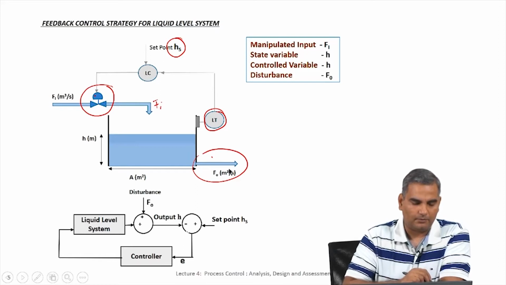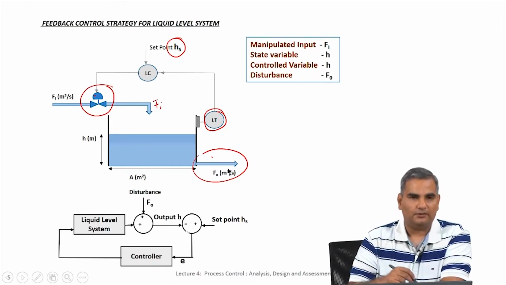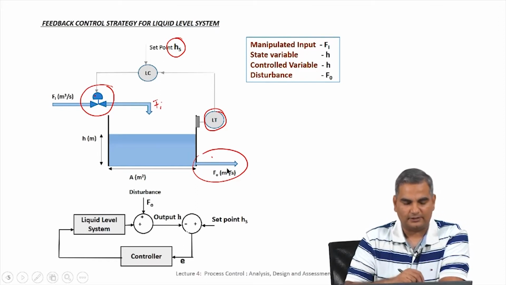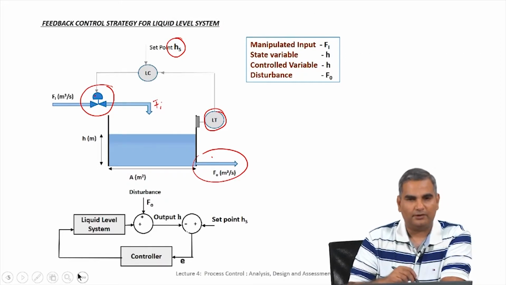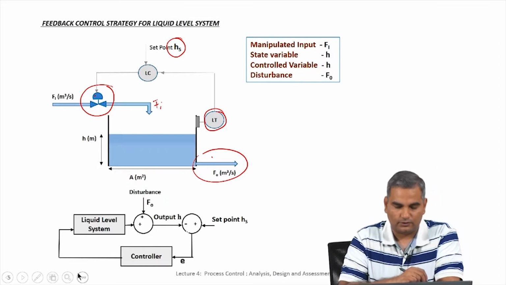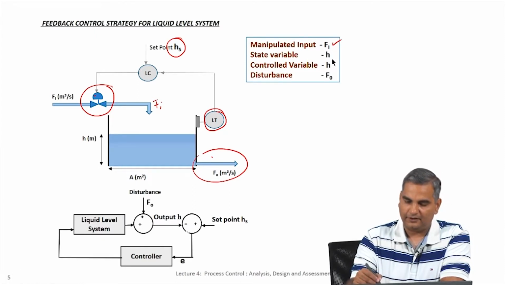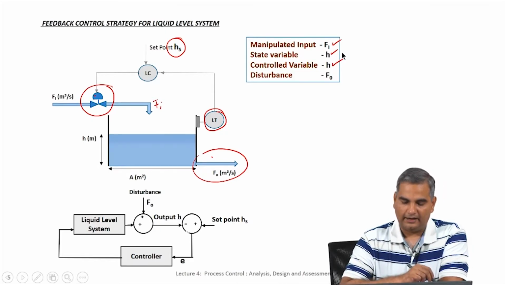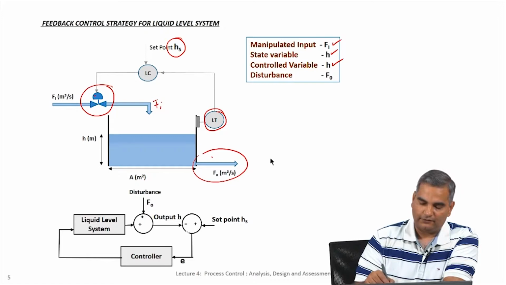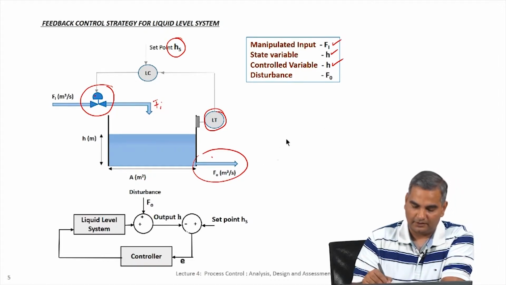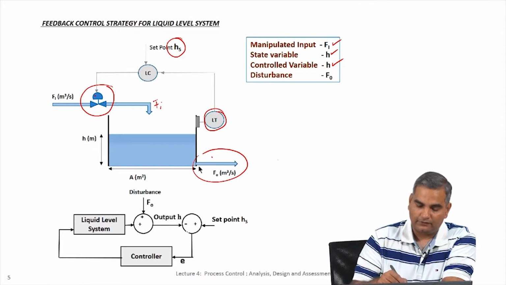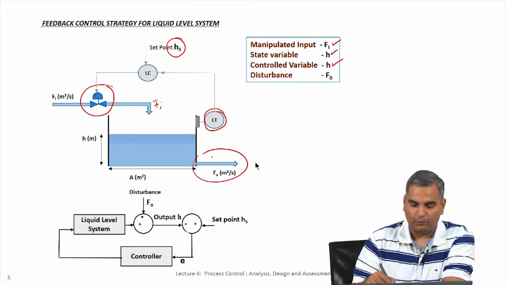So, for the same problem, I just wanted to illustrate that you could think about several different control structures, and what to choose and how to implement are things that we will learn as we go through this course. So, the manipulated variable in this particular example is Fi, the state variable is H. We also want to control this state variable H, and let us say further down there is some system here, and there are pressure fluctuations, then the flow across this pipe would change depending on how the pressure fluctuations are.